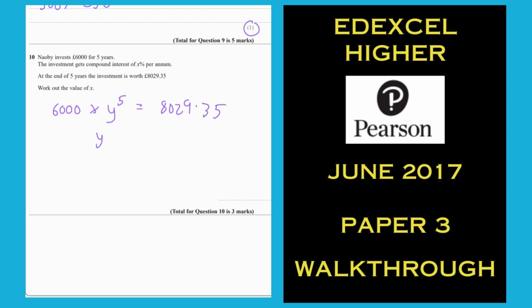Well, we can divide both sides by 6,000, can't we? I get 1.338225. And your final step is to do the fifth root. Hopefully you know how to use the nth root button or the block on the root button. Do the fifth root of all that nonsense, and I get